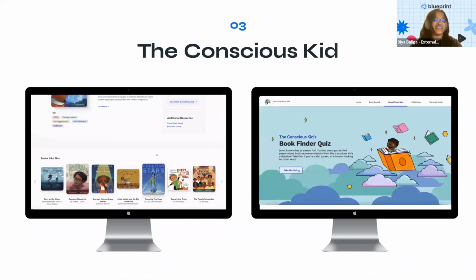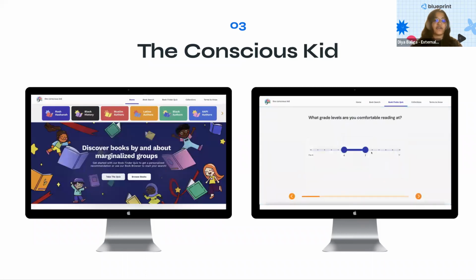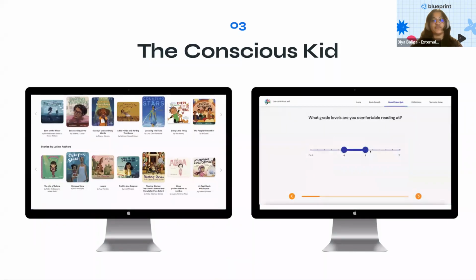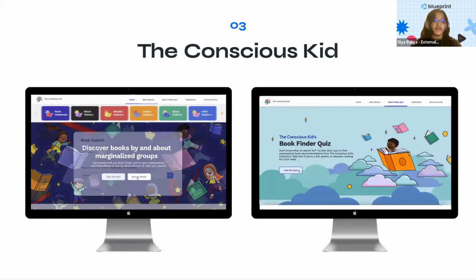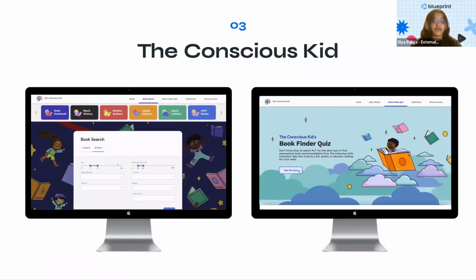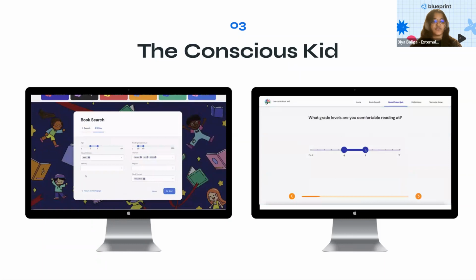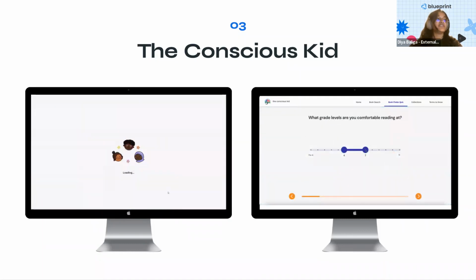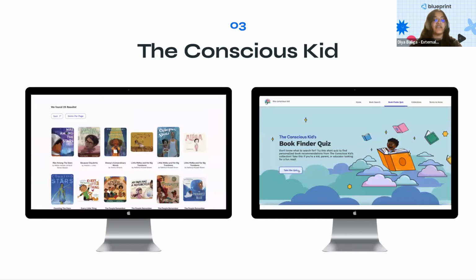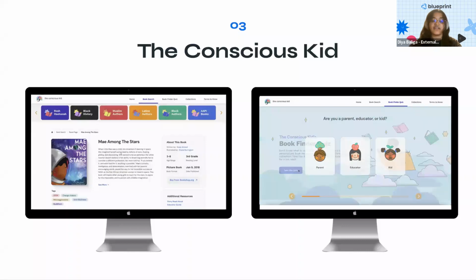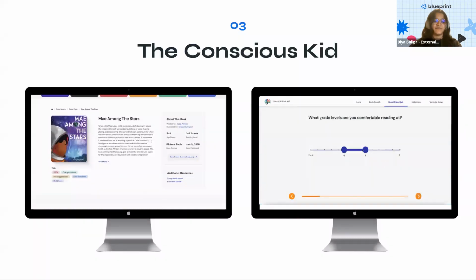But as a result, they get a lot of frequent requests asking for individual recommendations for resources and children's books that they can't fulfill just because of the size of their team. So what we created for them was an educational hub for educators, parents, and children to access anti-racist resources and personalized book recommendations, so that all of the work that they've done is easily accessible to people, even if they aren't able to get a direct donation from the Conscious Kid.